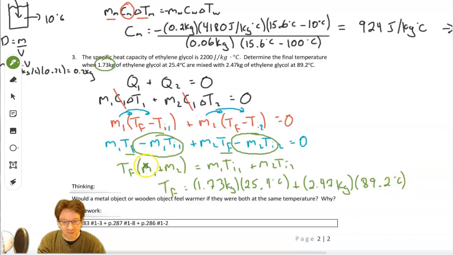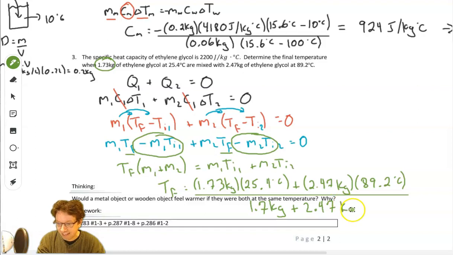And then we're going to divide by this bracket, which is the sum of their masses, which would be 1.73 kilograms plus 2.47 kilograms. And again, lots to plug in our calculator, but we will get